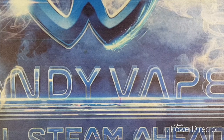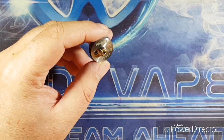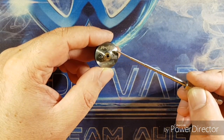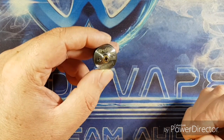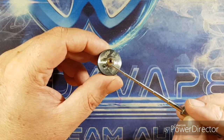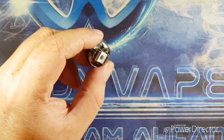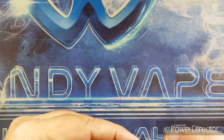I'll show you what's going on under there. So underneath there, as you can see, we do have the profile laser etched there. We do have the Wotofo logo laser etched as well, right along the bottom, and we do also have the squonk pin already in place. Very, very nice. And we also have the little positive screw there as well. Very nice. So what we're going to do then, guys, is we are going to put this back on here,